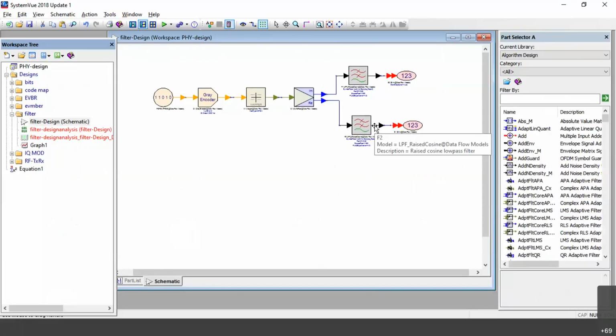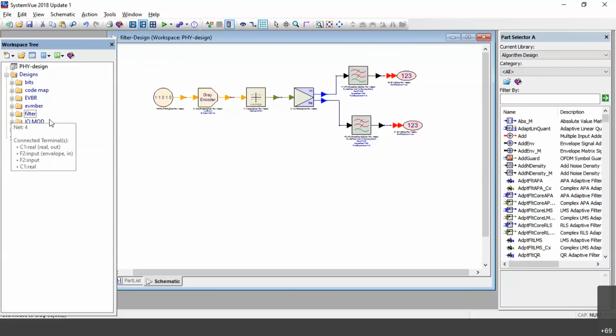This part is done, right? Copy this entire thing. You can press Control A to select all and Control C to copy, so that we can create one more schematic. This is with respect to filter design, which is done.